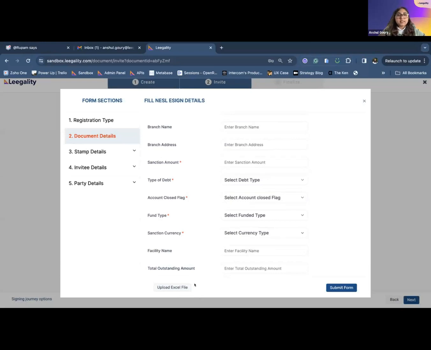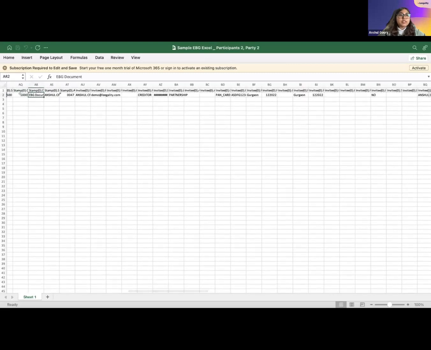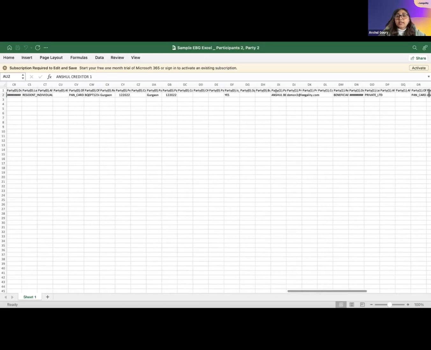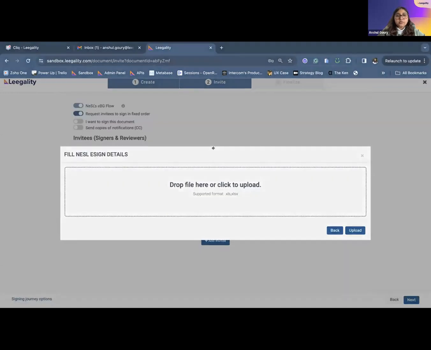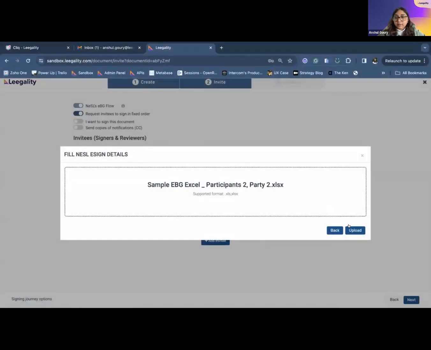So let me show you that Excel. This is the Excel where I have already added this information. You can see the stamp duty is here, invitee is added. I can also see the parties who are there. So Anshul as beneficiary is also added. This is an Excel that can be used to upload the information. I'll go ahead and upload an Excel file so that the chances of errors are reduced and I don't need to manually add those values again. So I uploaded that